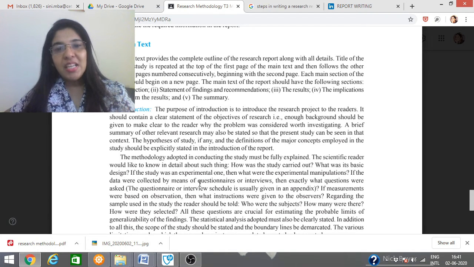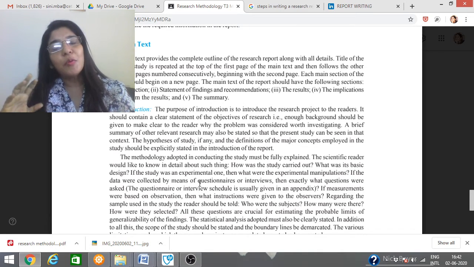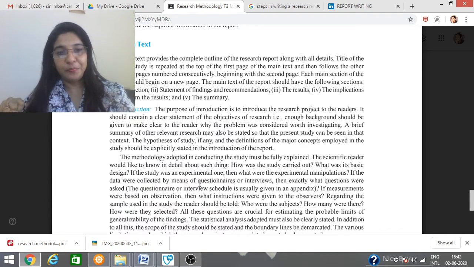So the main text consists of 5 important areas. You should be able to have a layout like that. It should have 5 important areas. One is the introduction to the study. Second, in the introduction you are going to define basically the project proposal, or the proposal which you have developed, all coming as part of the introduction.